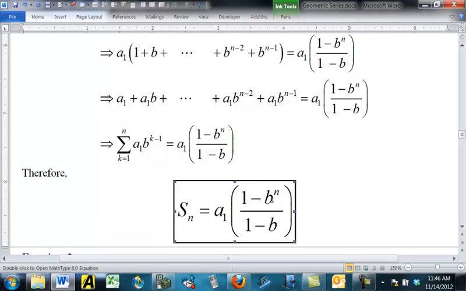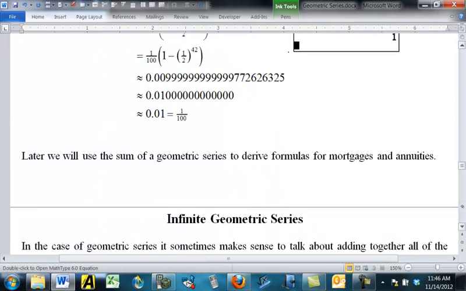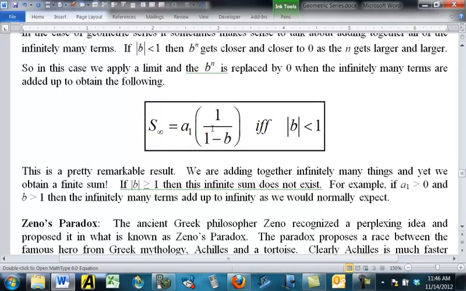So what's going to happen is we can say that the limit of this sequence as n goes to infinity is that b to the n goes to 0, and so that term basically just disappears, and then the formula reduces to this: a sub 1 times 1 over 1 minus b. It's actually a simpler formula to add up infinitely many of these things than it is to add a finite number. But this only works if the absolute value of the base is less than 1. So if you've got a positive a1 and the base is bigger than 1, then